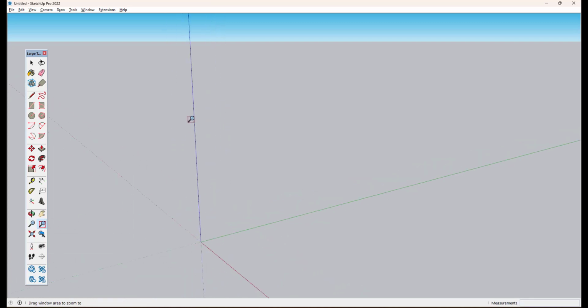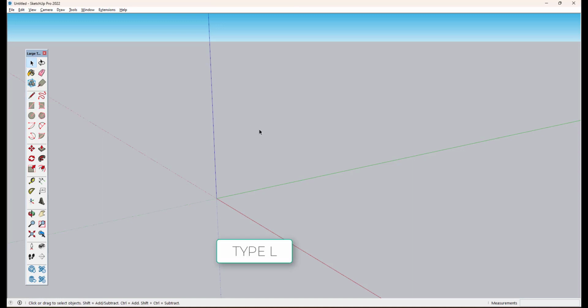And zoom window means you can zoom the particular window to the major level. When you do a zoom, then if you want to come back to the original view, then you click on the zoom extents option. And the first command we have is the line command. To get it, you can click on the line or else you type L. Then we get a line command.